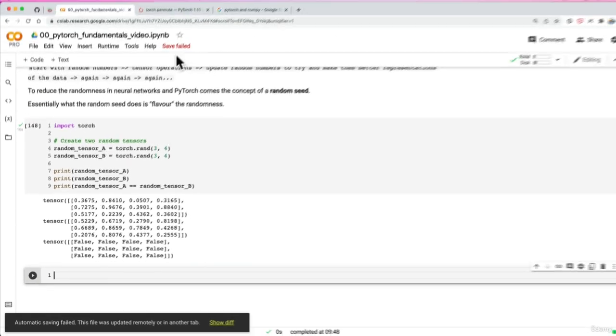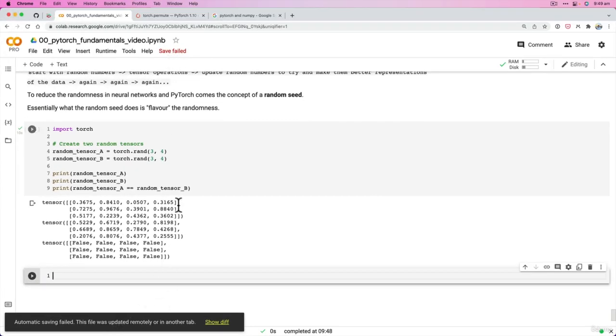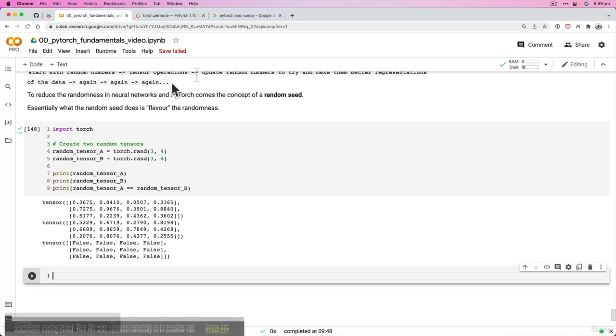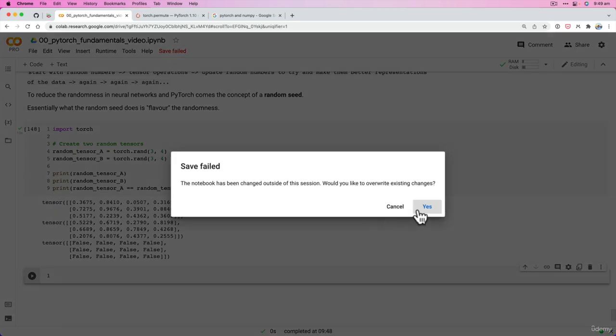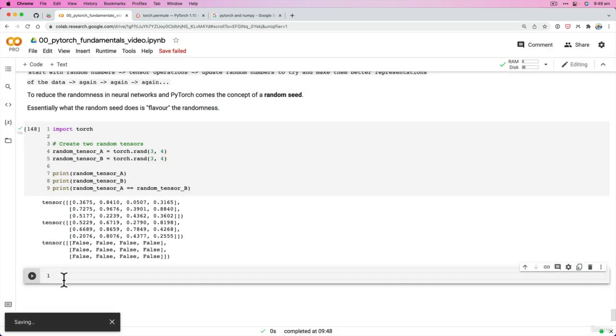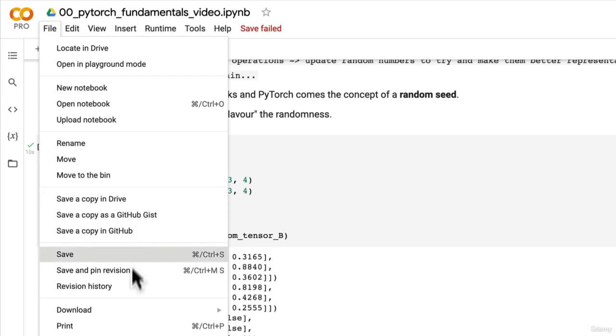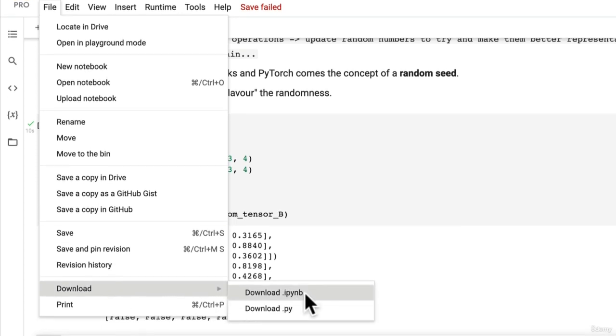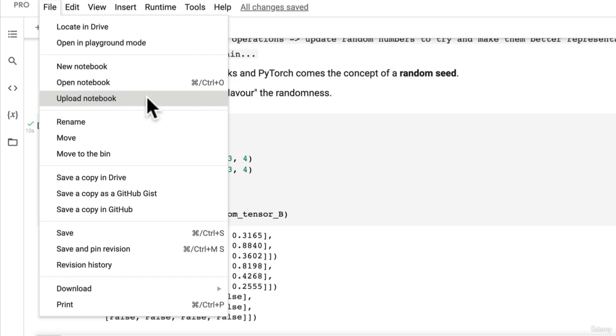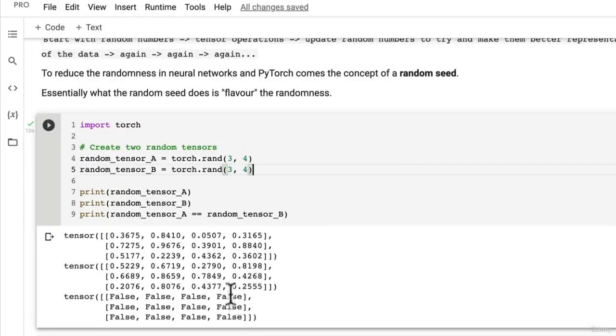So again, I'm getting that automatic save failed. You might get that if your internet connection is dropping out. Maybe that's something going on with my internet connection. But again, as we've seen, usually this resolves itself if you try a few times or just keep coding. If it really doesn't resolve itself, you can go File, is there Download Notebook? Or save a copy in Drive, Download. You can download the notebook, save it to your local machine, re-upload it, so upload notebook and start again in another Google Colab instance.